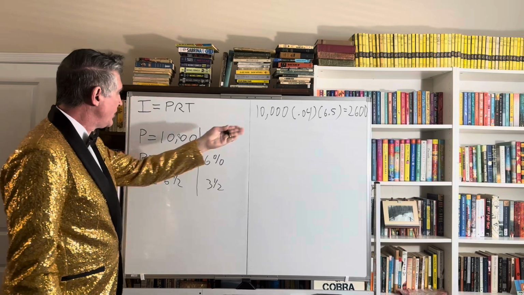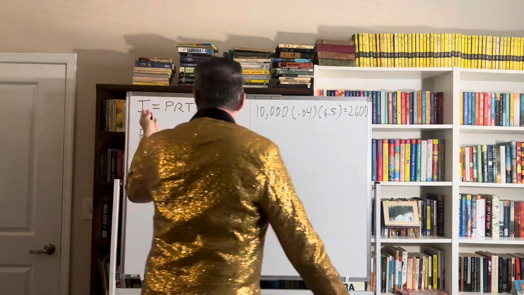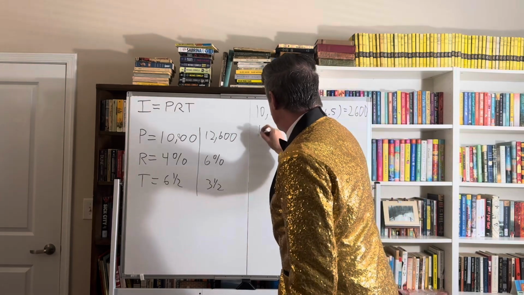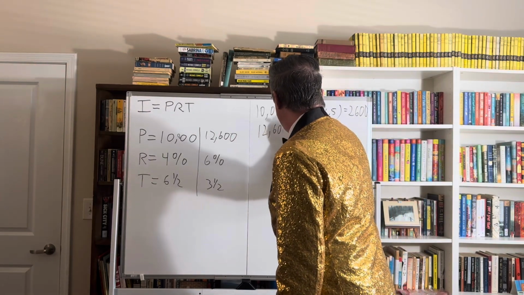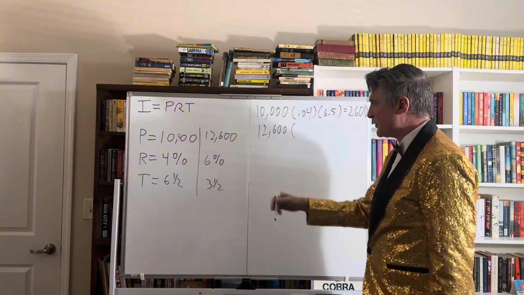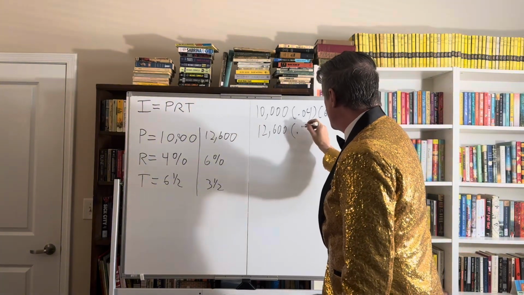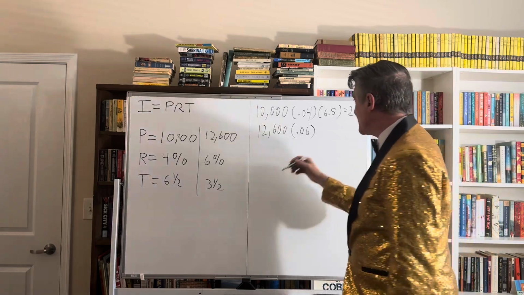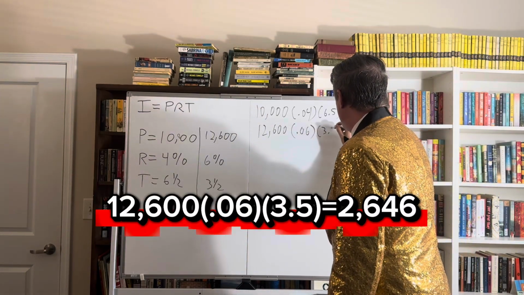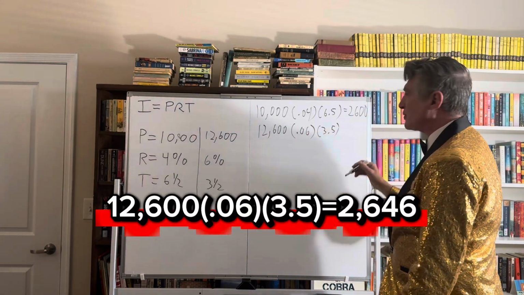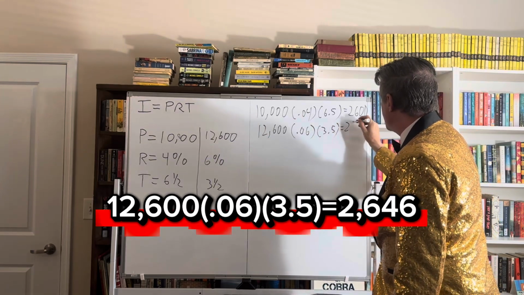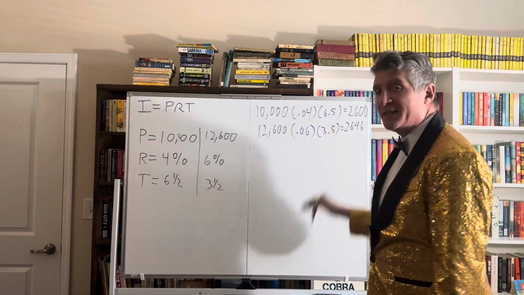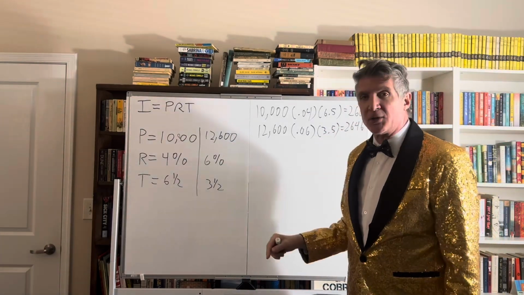Now we just utilize the same formula, right? Principal multiplied by rate multiplied by time. Let's do that for the new numbers here, which are 12.6, and that is multiplied by 6%. We know how to convert the percentage to a decimal now, don't we? And that's going to give us 0.06. Our time frame is what? 3.5 years? Well, we know that's just 3.5. So multiply all that straight through, and what do we have? Well, we've got 26.46. And if you look at that, we've only gained $46 by walking across the street,